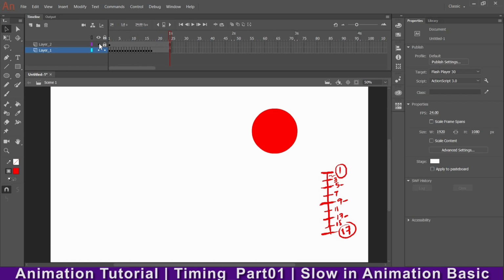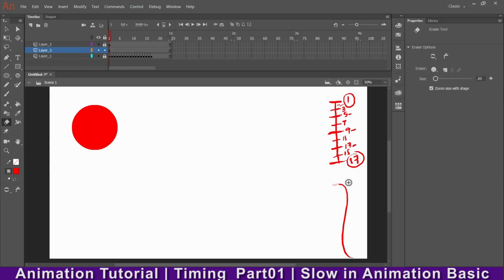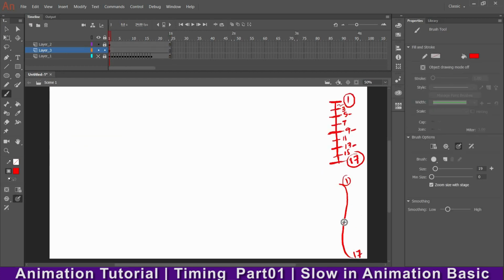So we will learn slow in, slow out just now. For that I'll draw the grid. You can say this one is the grid, and let me take another layer to demonstrate slow in and slow out. Okay, this one number 1 and this one 17.